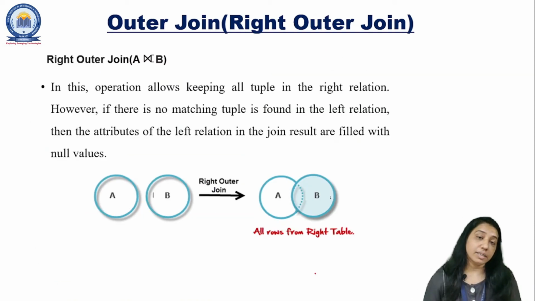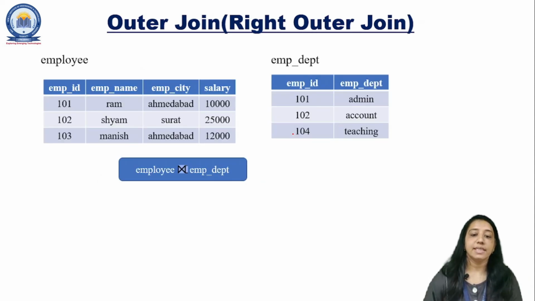Another one is the right outer join. That means previously the right side table data was going to be lost, so because of that there is a right outer join. The symbol, you can see, is pointing to the right side. That means it is the reverse of the previous one. Whatever tuples are in the right side relation, all will be there in the output, and if there is no matching value in the left side, then it will place null data. So we will see the example.